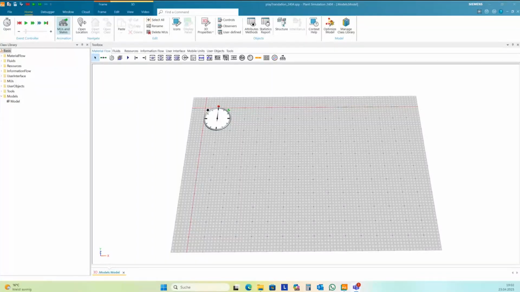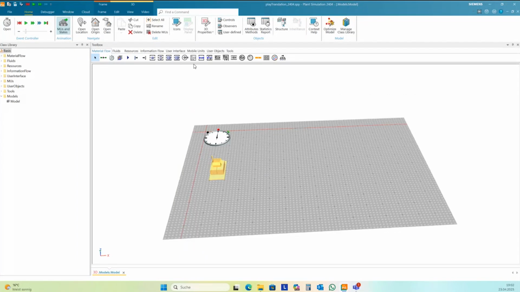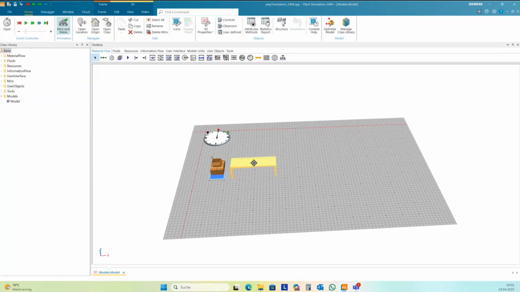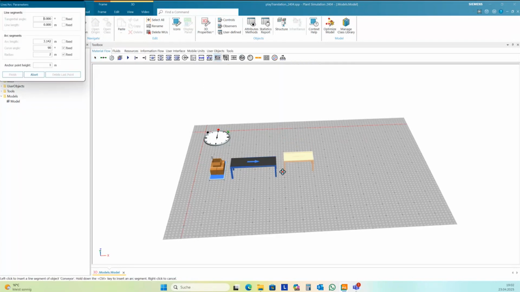Hello, everyone. Today's topic is a 3D topic. I will start with a very simple use case. We have, for instance, one source, and we have a conveyor. Then we have another conveyor, very short, only 0.5 meter.